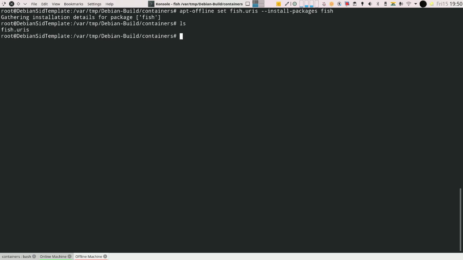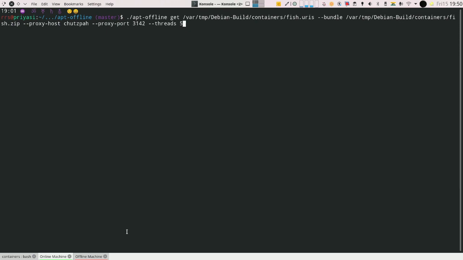This is an assumption. Now when you have generated the signature file on your offline machine, you carry it over on a USB stick or some movable storage media. Now you take the storage media and attach it to the online machine, which could be running Windows, Linux, or Mac, or anything which has the Python interpreter. In this case, I am running it on the same machine, but on the host side of it, not inside the container. So on the host machine, before I run the command, I would just validate that I have the same file over here, which is fish.uris, which we generated on the offline machine.